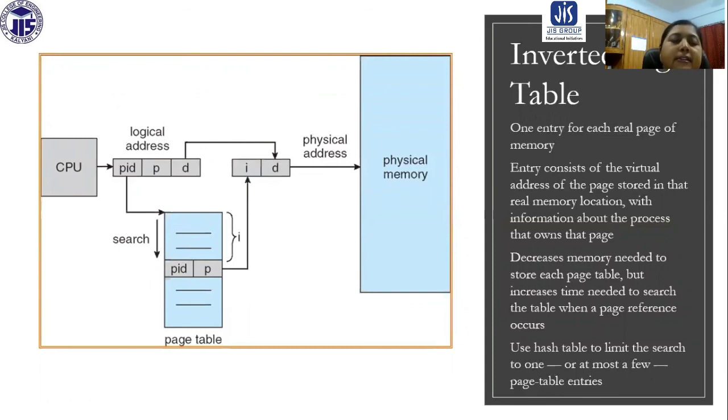In the previous cases we are actually searching for the P. So for which value we are searching, that is with us, and in the page table we are going to store the frame number. But in this case we are searching row wise, and in which row number we find the match, that is going to be our frame number. So therefore this is inverted. So these are the three ways, the hierarchical, hashing and inverted page table, by which we can implement page table in memory.